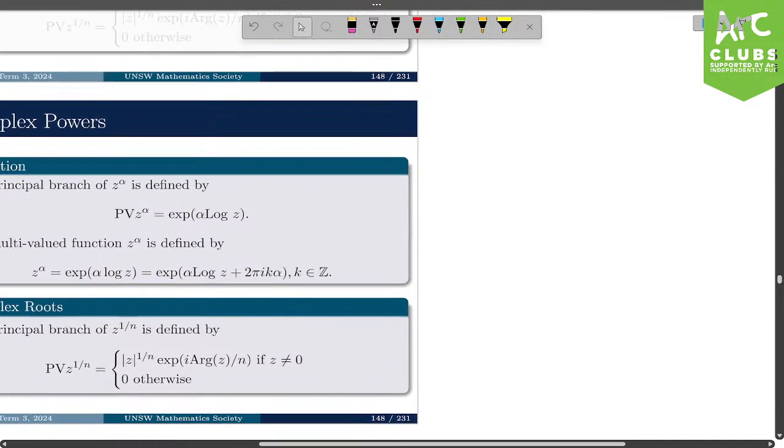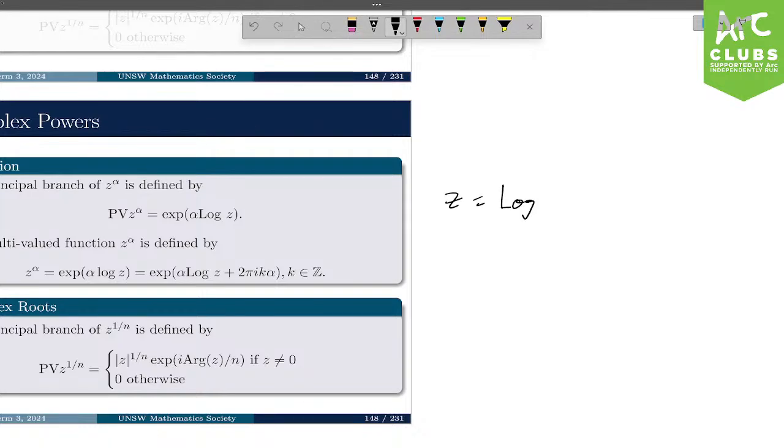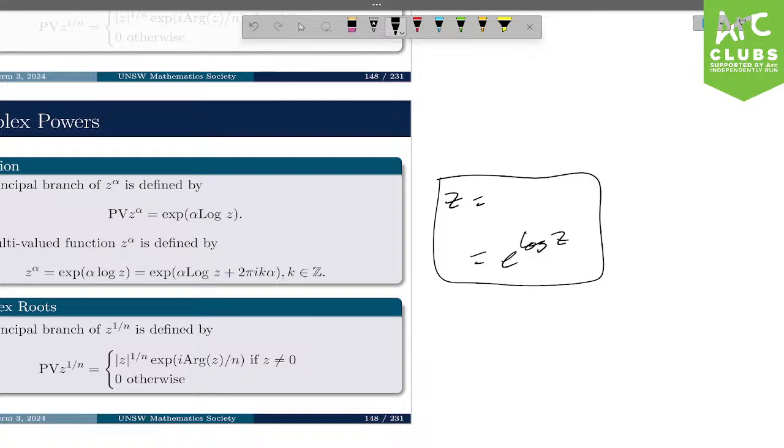So given that any complex number can be written as z is equal to e to the log z. But yeah, since we can write it in this manner of form as e to the log z,